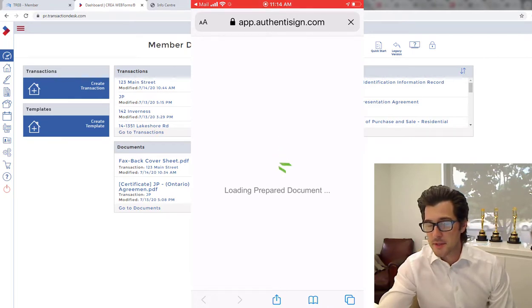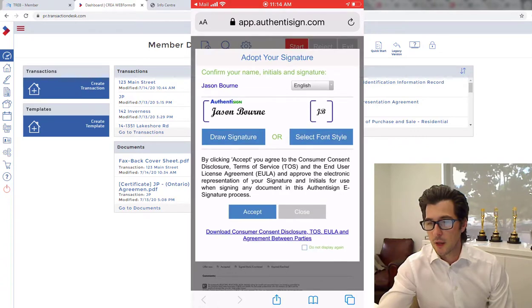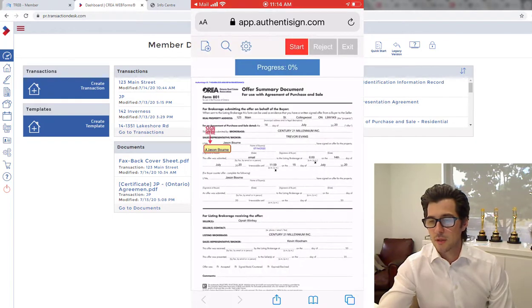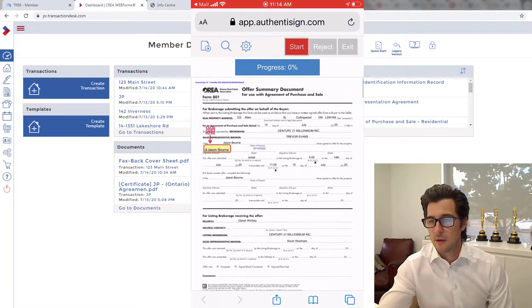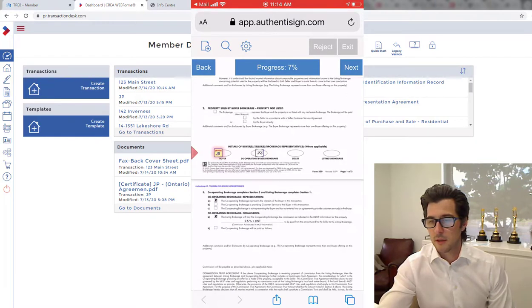Loading prepared document. Okay, so here I'm just going to leave it as the suggested signature layout. I'm going to say Accept. And here you can see on the smartphone, I can review the document again. Now I'm just going to hit Start, and these are the places where I need to sign as Jason Bourne. And I just click on it. And every time I click,